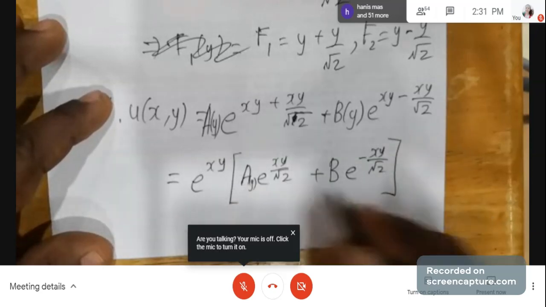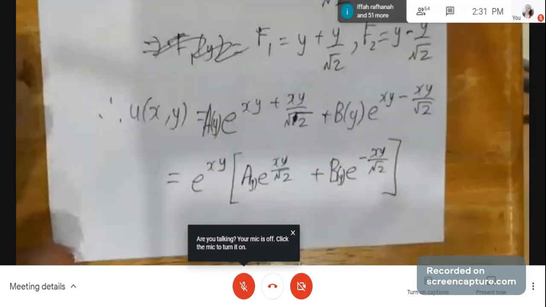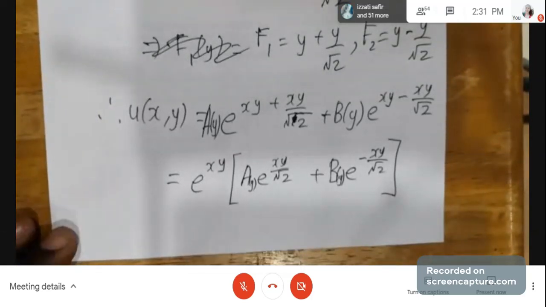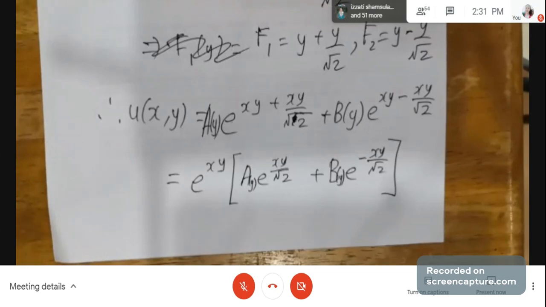So this is the solution. You can leave it like this, but you can also use